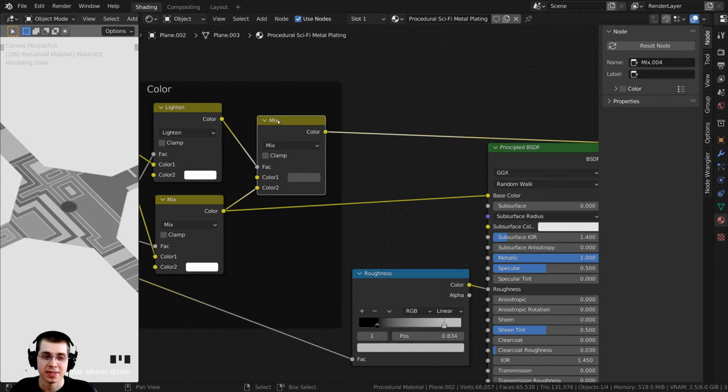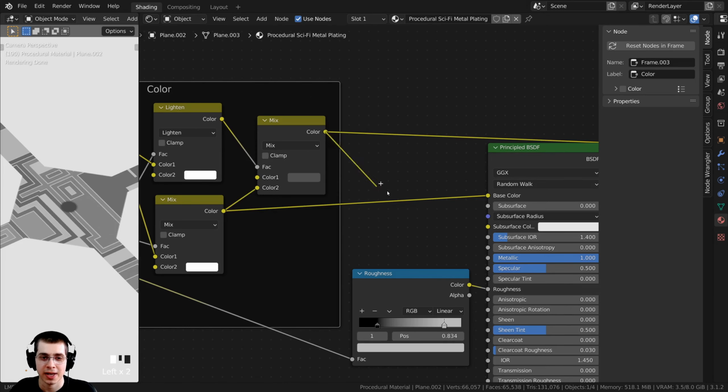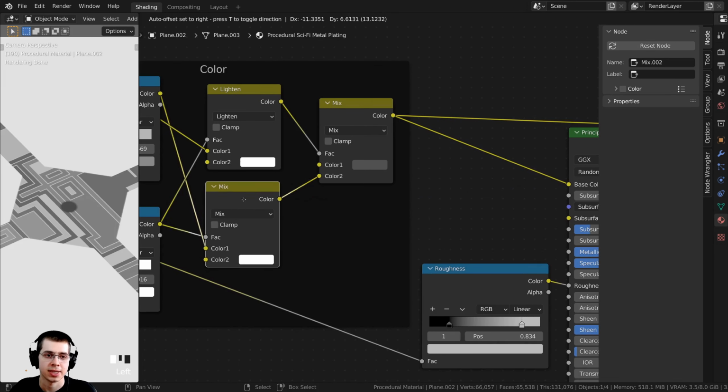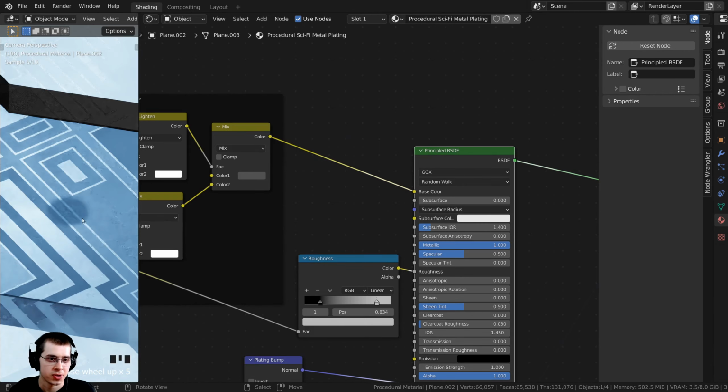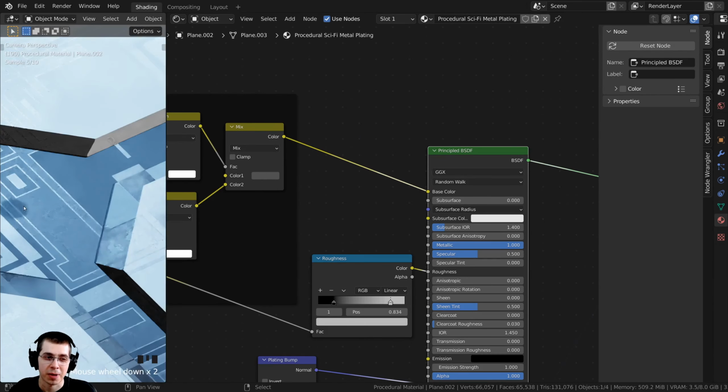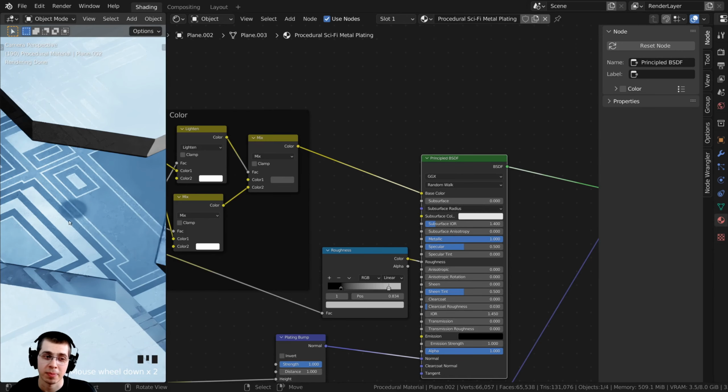So I'm now going to take this mix instead, and we are going to plug the color into the base color, and that way instead of using this one, we are using this one which has the bolts. So I can now Control Shift and select the principled BSDF, and you can see there's the bolts. Now the bolts aren't popping out at all,